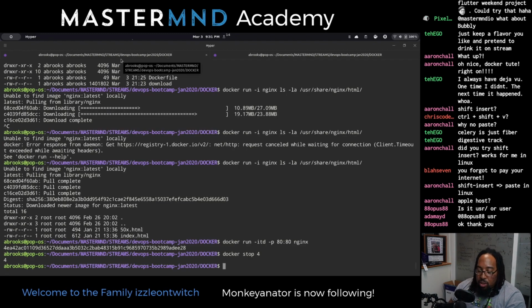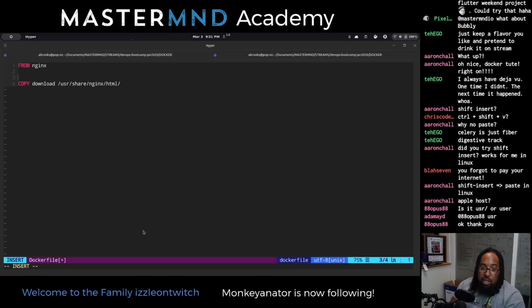Now let's edit our Dockerfile. We know that we want to remove everything that's in here. So let's add in a RUN command first. Let's start from the top. The RUN command allows you to execute a Linux command. So we're gonna rm -rf /usr/share/nginx/html/*. I actually want to delete everything in there. This is going to be one layer, a single layer that goes through and removes that stuff.